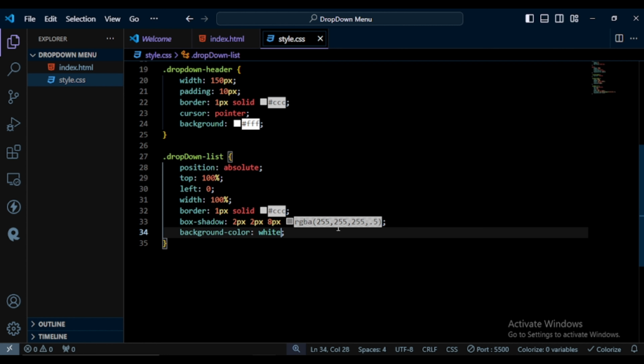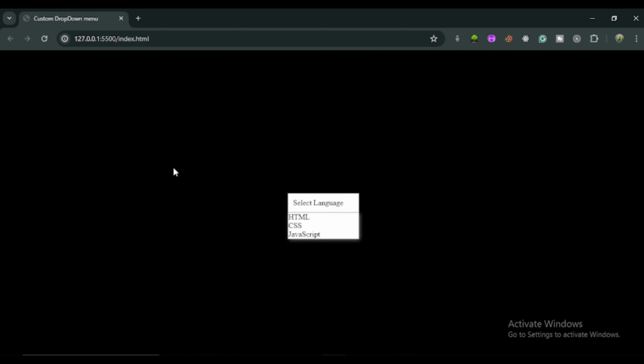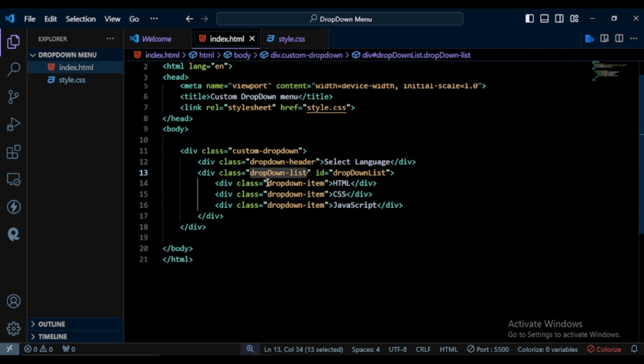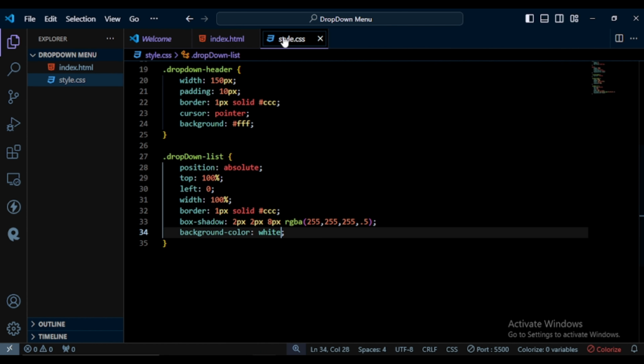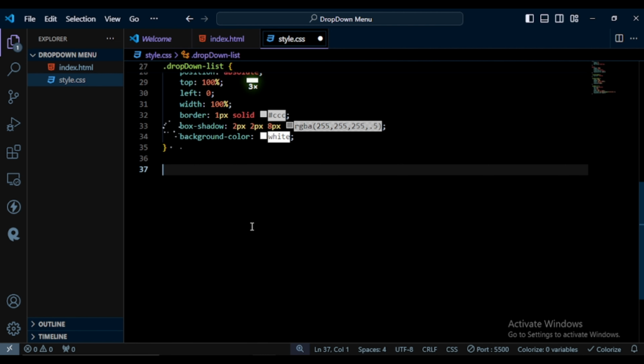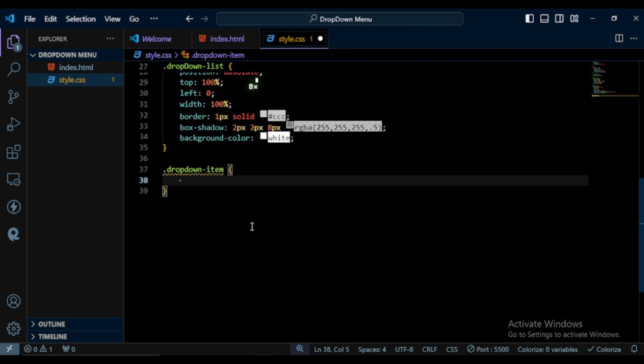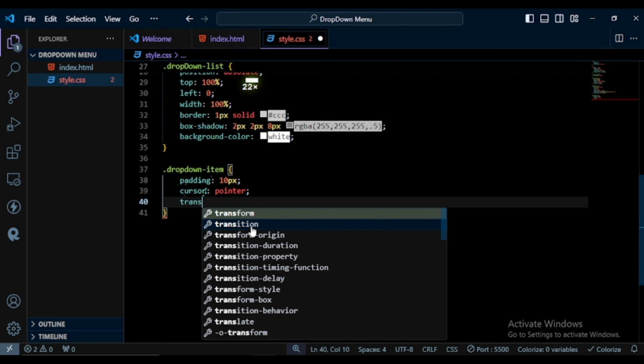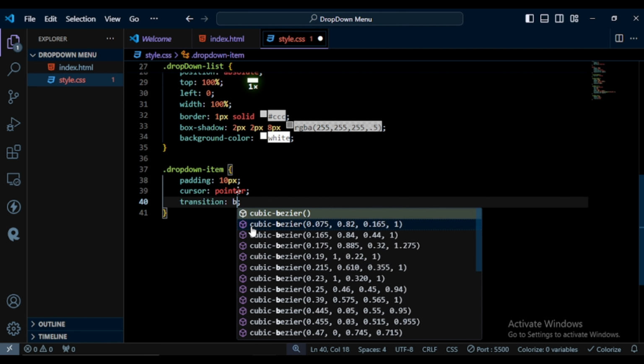Save the file and go to a browser and see the changes. So here you can see I get this output. So again I go back to VS Code and go to the index.html file and select the drop down atom. First we say padding 10 pixel, cursor pointer, and transition background